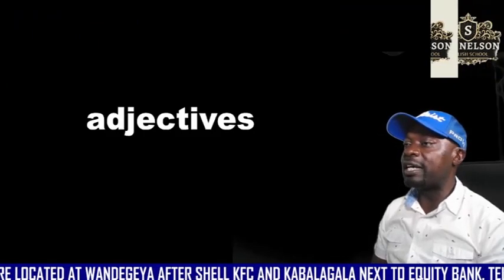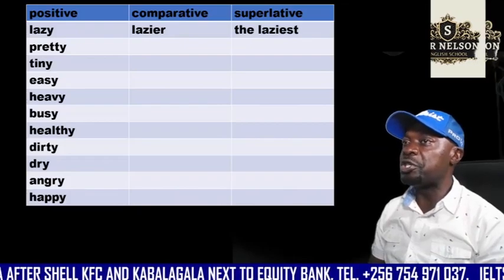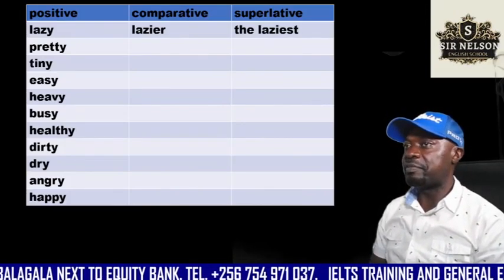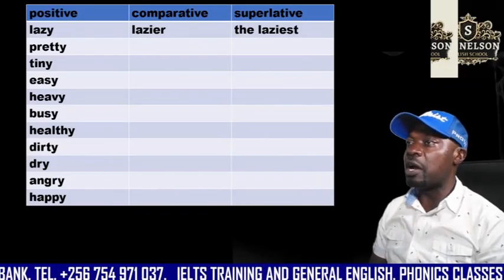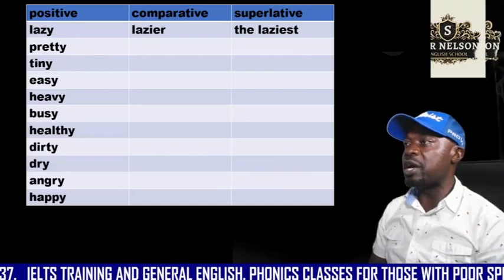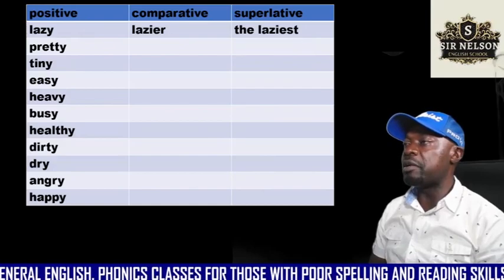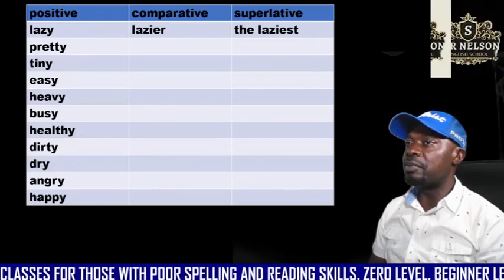Now let's look at adjectives. In this part, we are going to look at the positive, comparative, and the superlative. We use the positive when we are describing one noun. We use the comparative when we are comparing two nouns. We use the superlative when we are comparing more than two nouns. For example, this